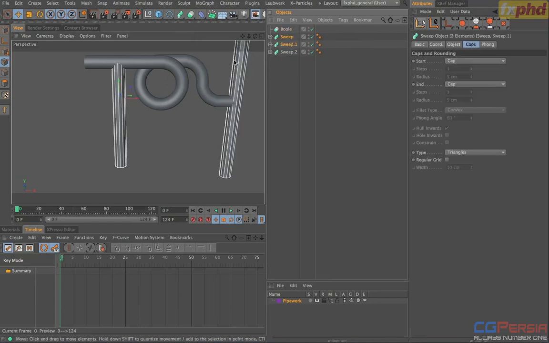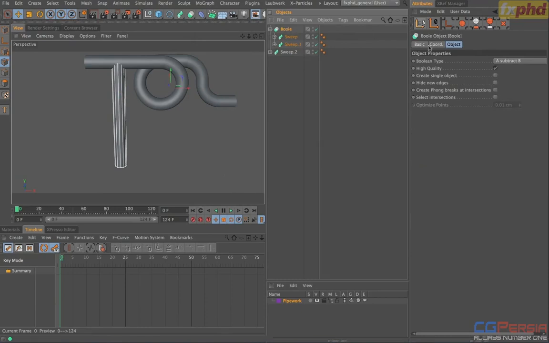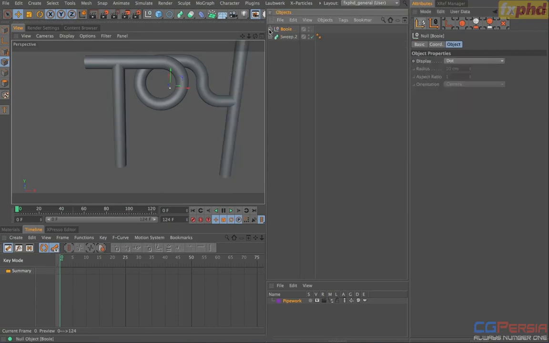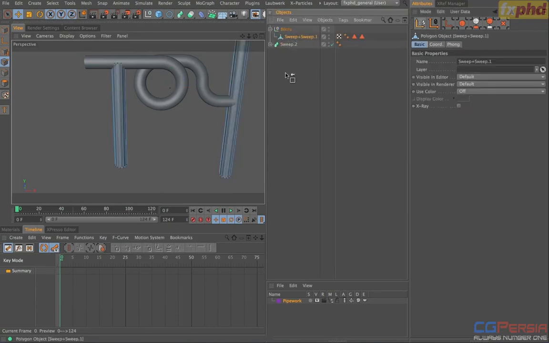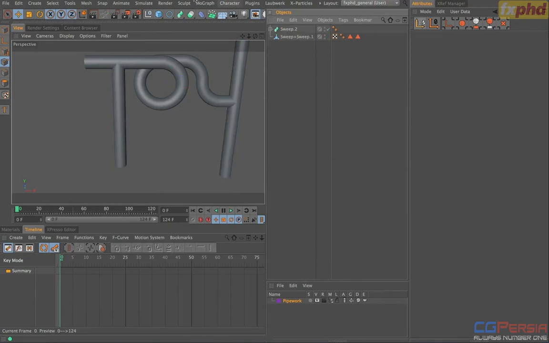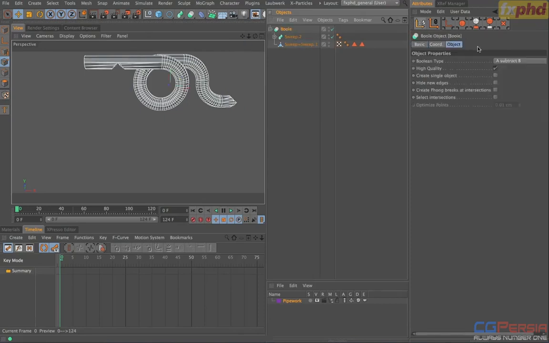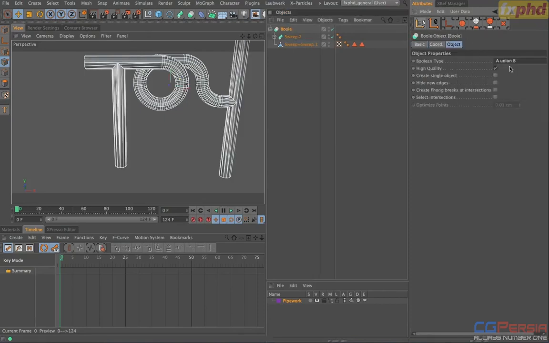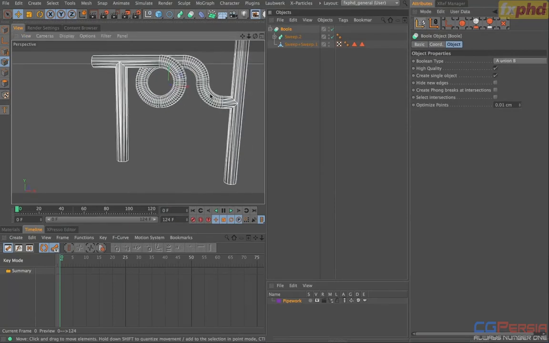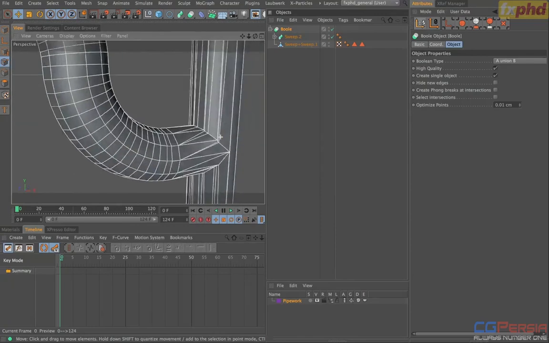And now we should be able to add in a bool. Grab our first 2, which are the straight parts. Drop those into that bool. And let's set that to A union B. Create single object. And let's just press C. And then we end up with this. And now what we can do is add in another bool, and we can drop both of these in. We set that to union again. Create single object. Don't really care too much about the quality of the topology,